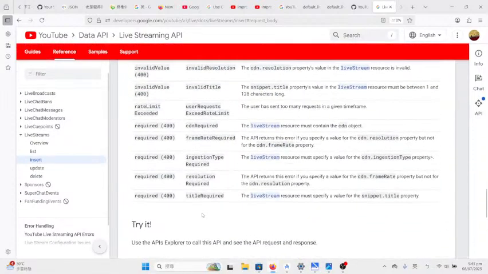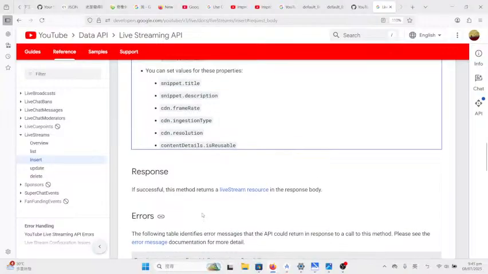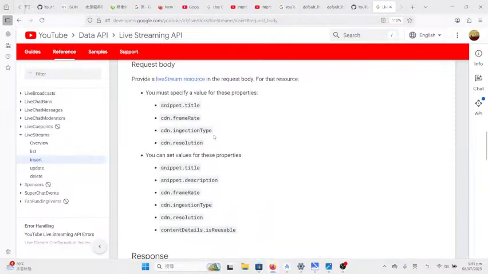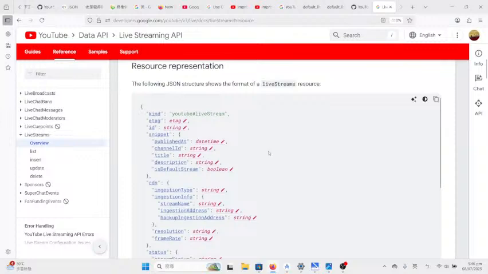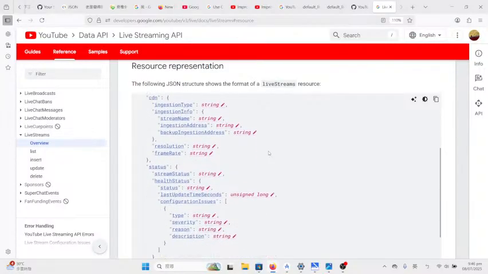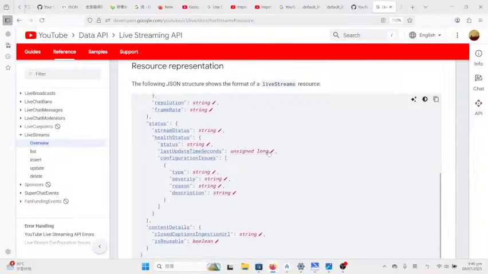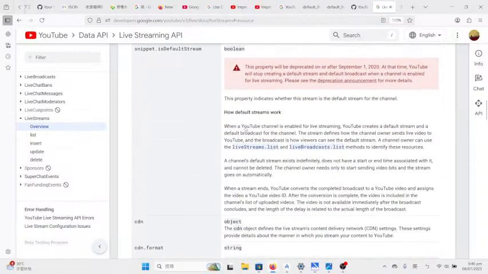The solution. That strings. Resource. Maybe because we don't provide